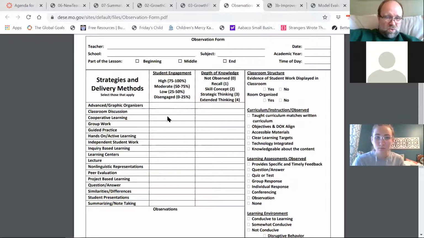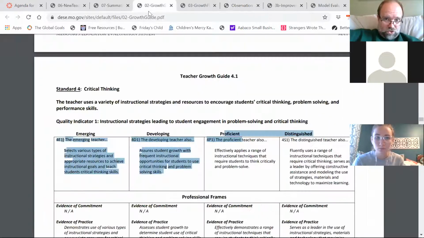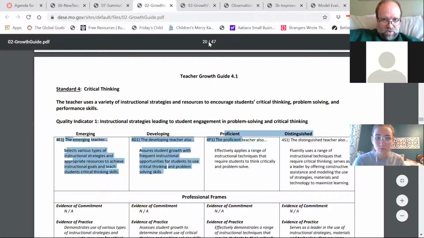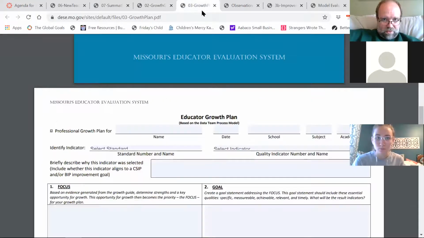I saw you often using cooperative learning in your classroom. I saw you using peer observation or peer evaluation, excuse me. I saw some student presentations, and I saw a lot of summarizing and note-taking on the part of your students. And so what we might do then, based on these observations that we saw, is go back and look at first your growth guide, and then the plan that we had on your growth plan to say,